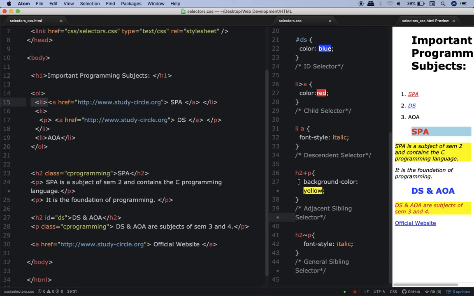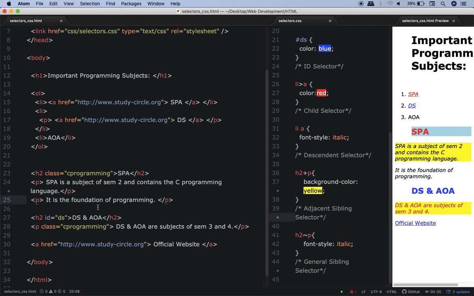I'm sure you must have figured out that h2 plus p has selected this, and this, but h2 plus p has not selected this. I think many of you must have understood the reason why.